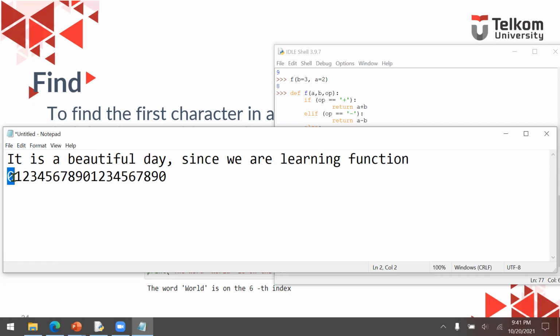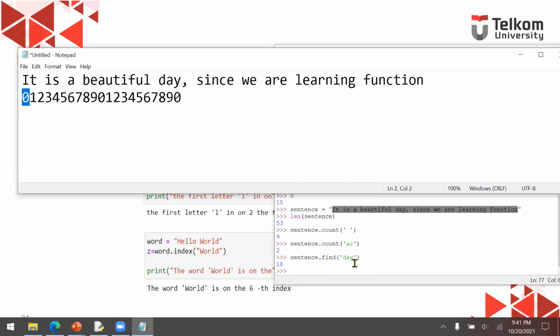So it starts with 0. So day is found at this index. So 10 and then 18. So it will return 18 as the index of day.